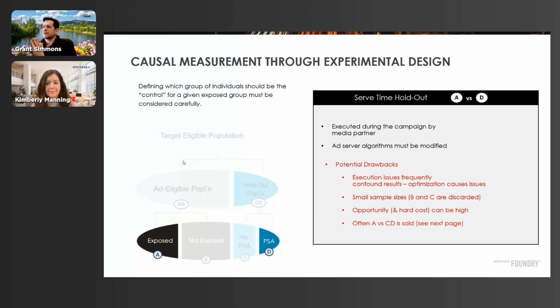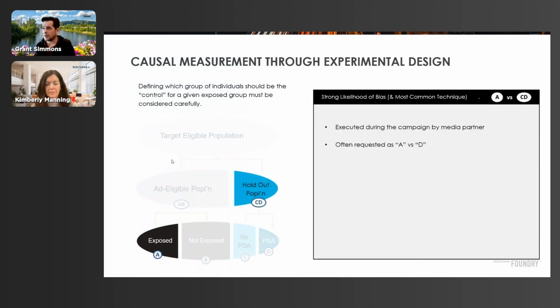But my biggest watchword of caution around serve time is that notion of optimization. It sort of has to run through a dumb ad server if you want to create an actual test. And in that case, I'd also ask, what are you really testing, right? You're literally just testing creative treatment, not optimization, not anything that the DSP might have in their wheelhouse that could actually help you. So serve time holdouts can be real problematic, either a PSA or a true ad server algorithm.